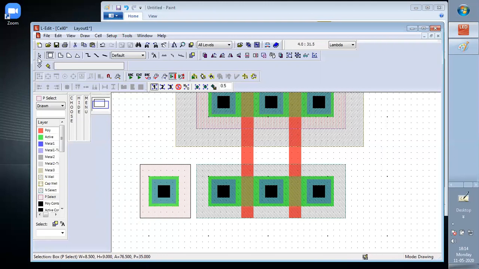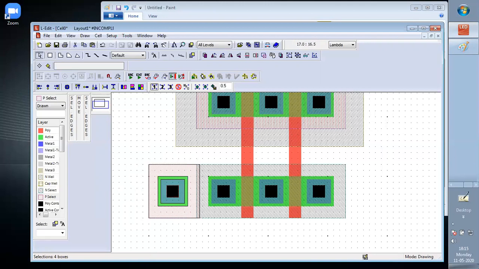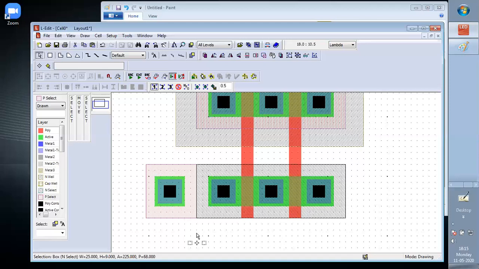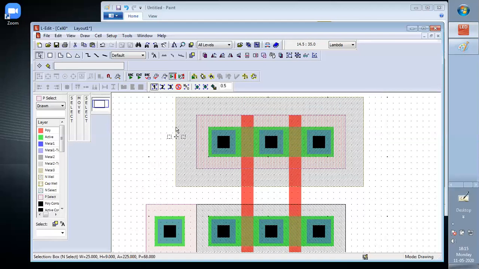Now we join these two blocks together. So there will be no difference between the N plus region and P plus region. There is no dimension required over here.